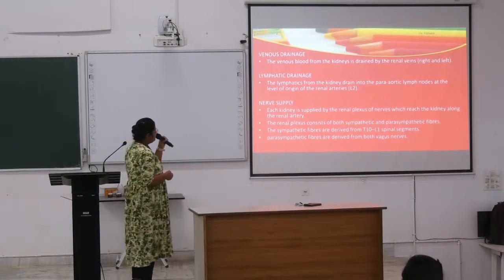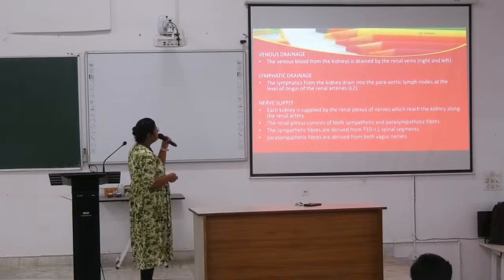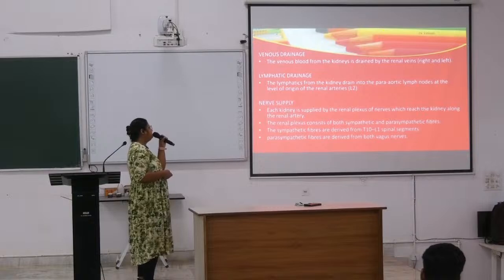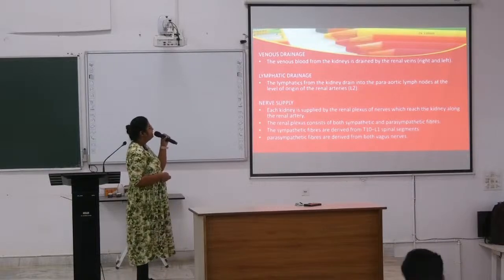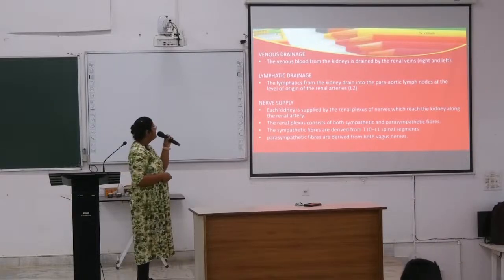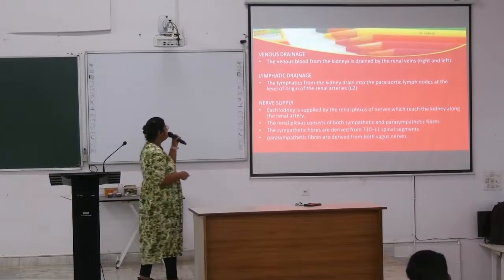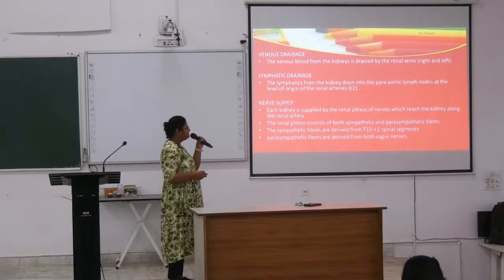Nerve supply. The kidney is supplied by the renal plexus of nerves which reach the kidney along the renal artery. And the renal plexus consists of both the sympathetic and parasympathetic fibers. And the sympathetic fibers are derived from T10 to L1 spinal segments, and parasympathetic fibers are derived from both the vagus nerves. Okay, so these are forming the nerve supply of kidney. Next,